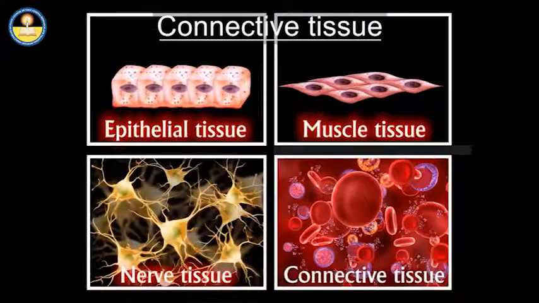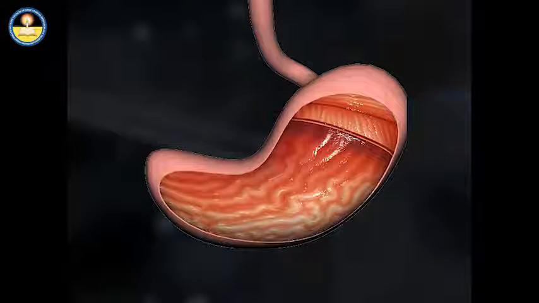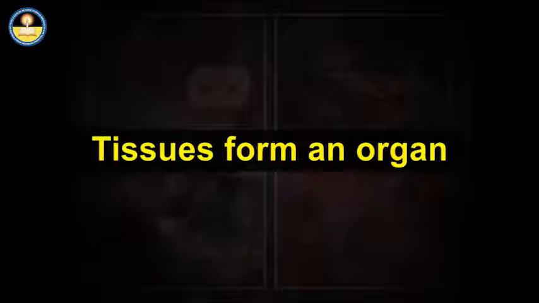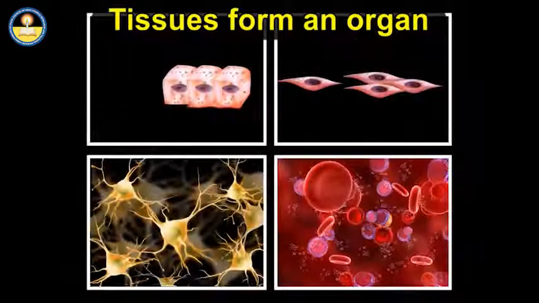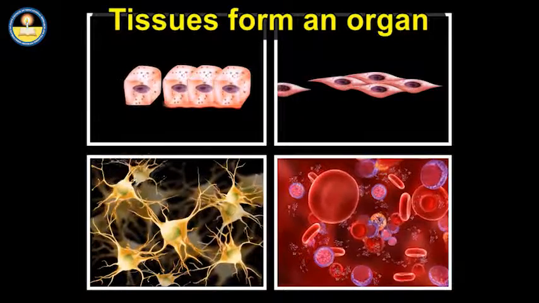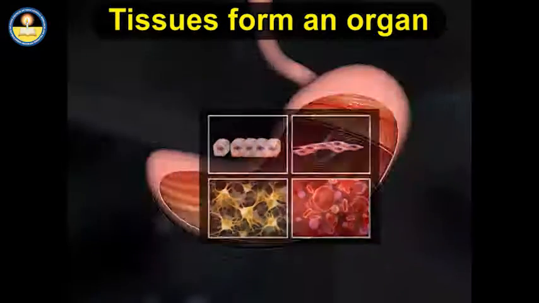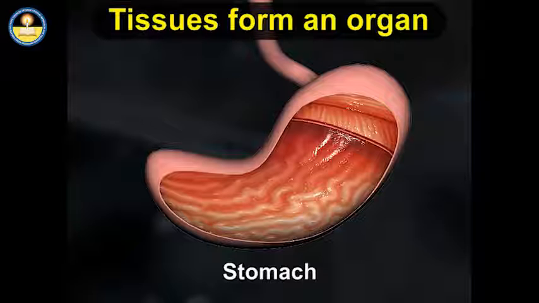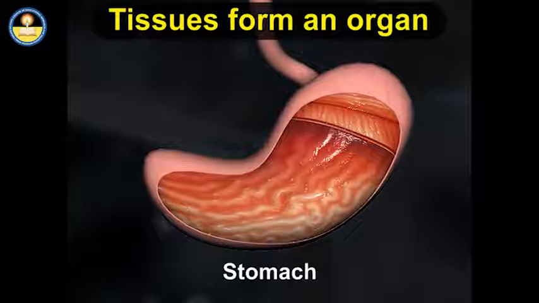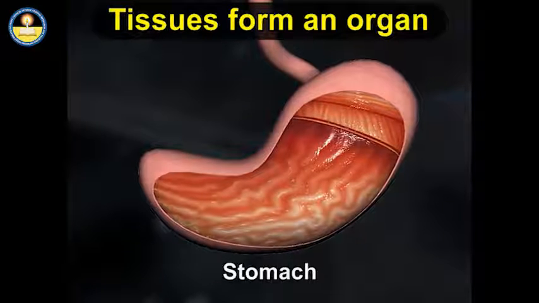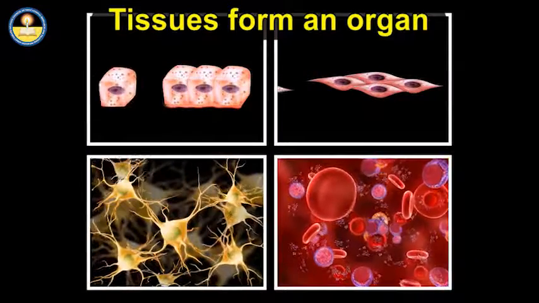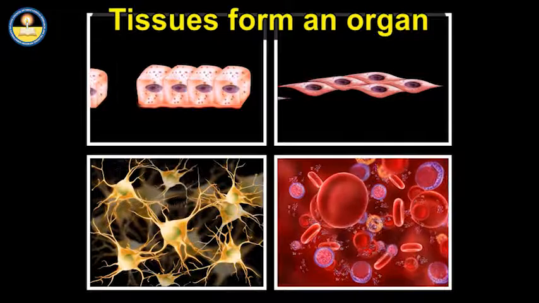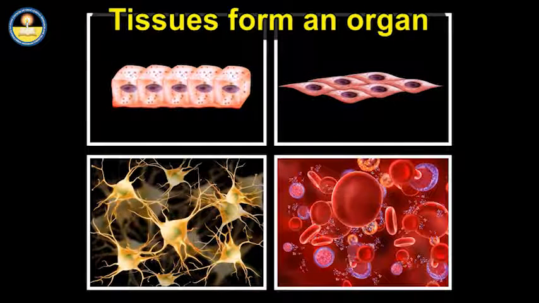All these tissues join to form an organ. An organ is the next level of organization in the body. An organ is a structure that contains at least two different types of tissues functioning together for a common purpose. So we can say that an organ is made up of tissues that work together to perform a specific activity. Examples: